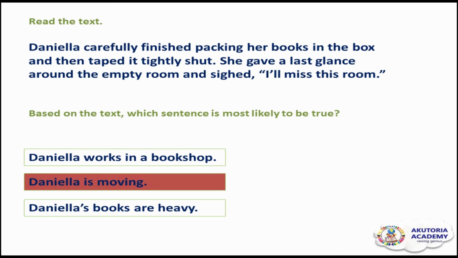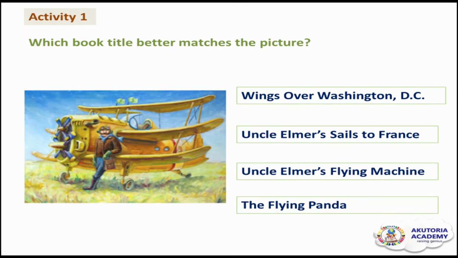That shows she's moving. Okay, so this is what inference is about: taking clues from texts or from pictures and using those clues to make intelligent guesses of what is happening. Okay, so I would love you to try out this activity,